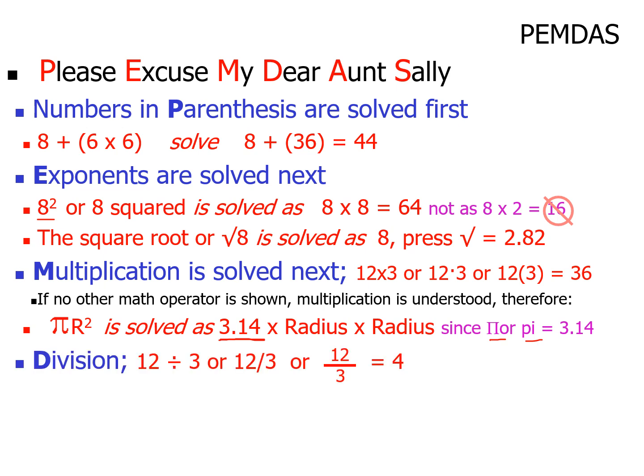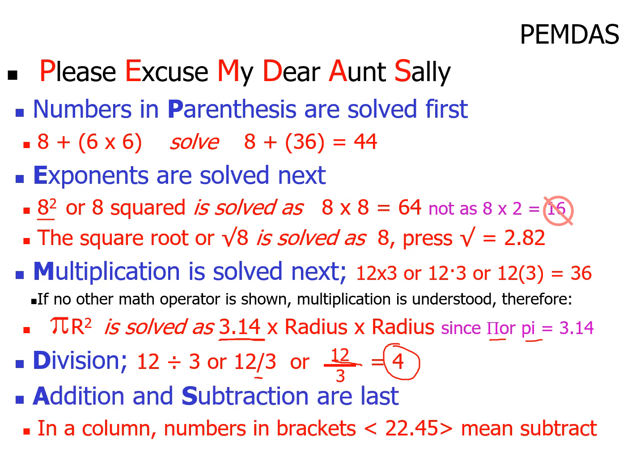Once we do that, then we do any division we have. 12 divided by 3, the division symbol. 12/3, that's considered a division symbol. And this one, if you remember, is the numerator divided by its denominator. That's a division symbol, okay, that line. And again, no matter how you choose to do your division, the answer is 4. So who really cares how you come up with the answer of 4 as long as you get there? Okay.